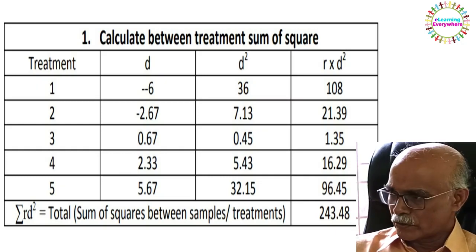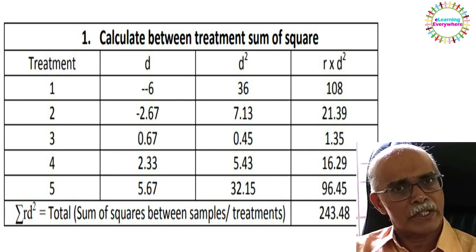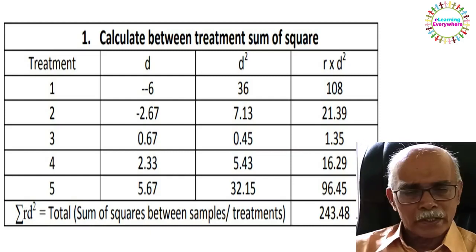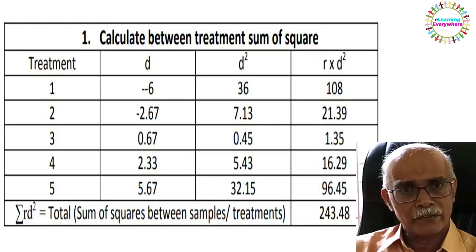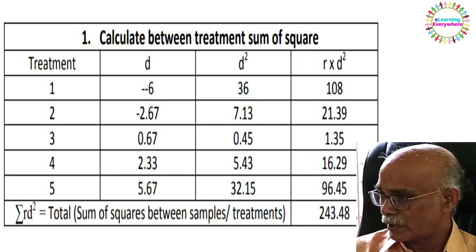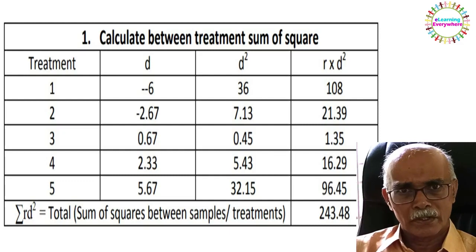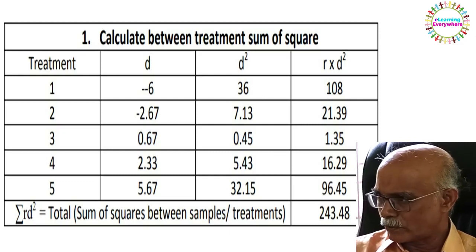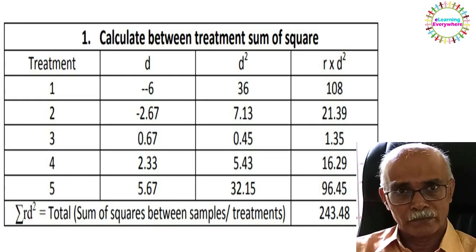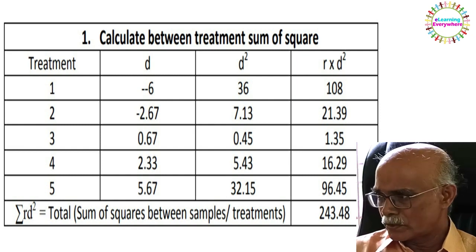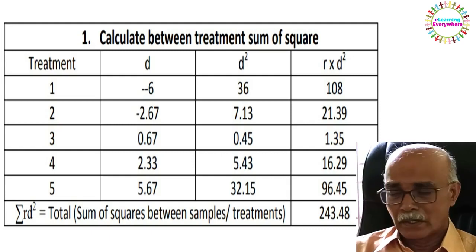The next step is to find out the D square, as in the case when you have calculated the variance and standard deviation. So here you are calculating the D square in each case. You are finding out the variation, you are finding out the square of the variation, D square. Then, there are 3 replications for each treatment. So you have to multiply the D square with the number of replications. You can call it small r, for example. So the number of replications into D square will be giving you